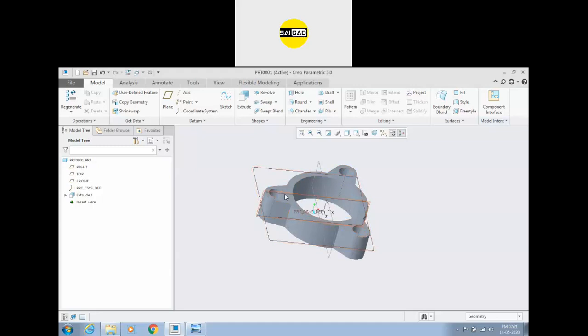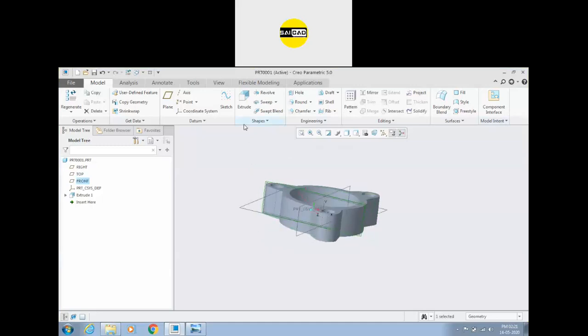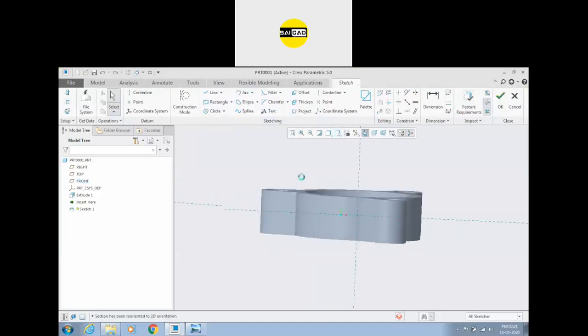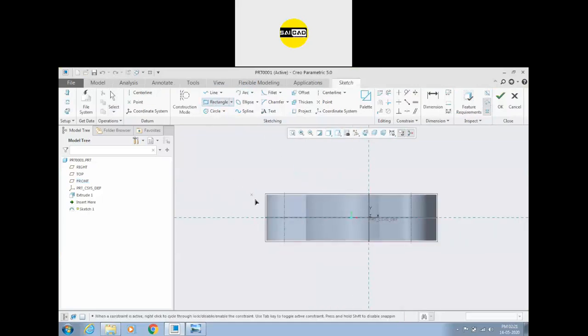If I select the mid plane and create a sketch here, I can create a rectangular shape. First define the center line, create a rectangle like this one. I can move it up to the center. Simply select coincident. I can define the value like this.